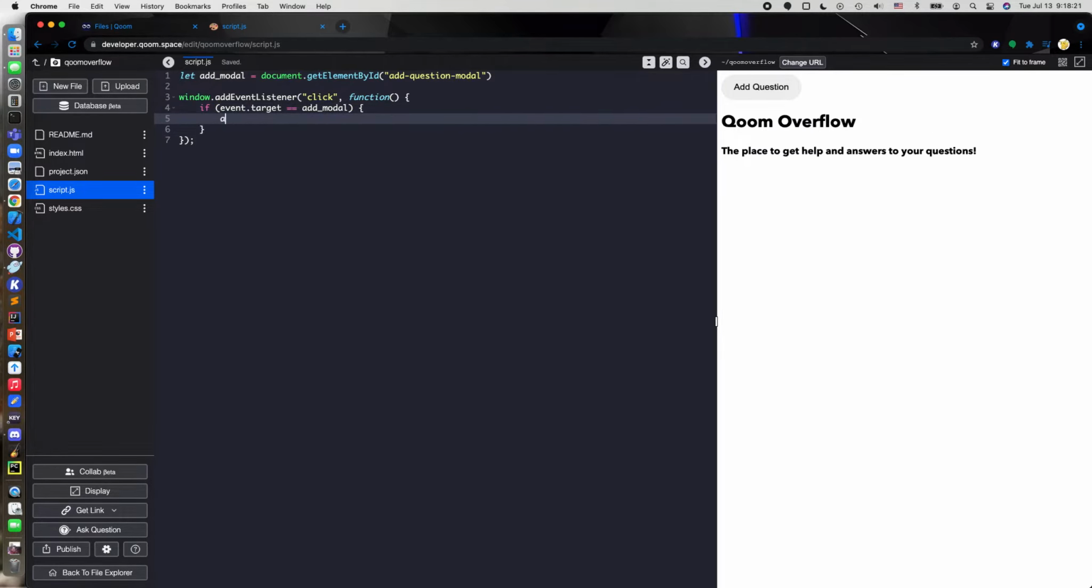Then I want to do addModal.style.display equals none, like so. Then once more, addModal, or cancelQuestion. I think, no, that's wrong, sorry. document.getElementById,